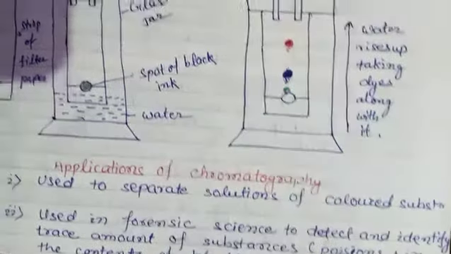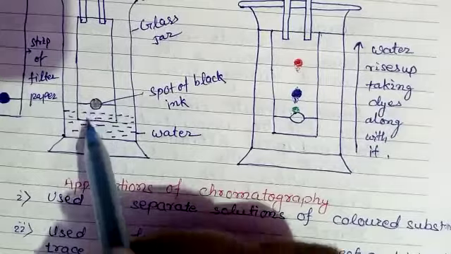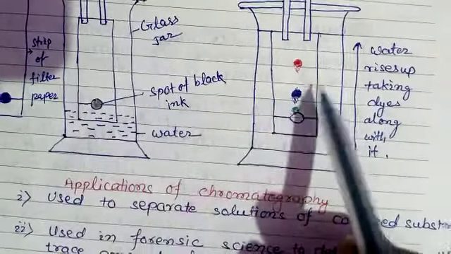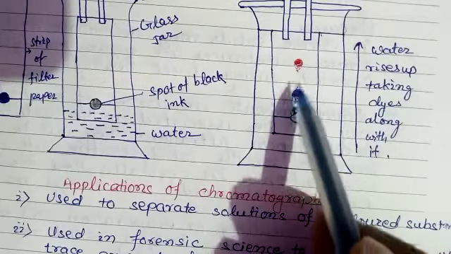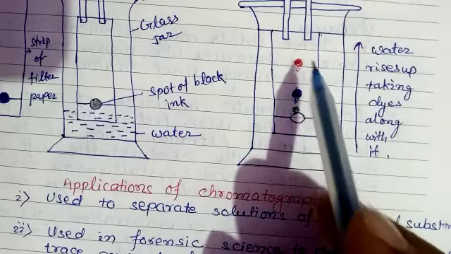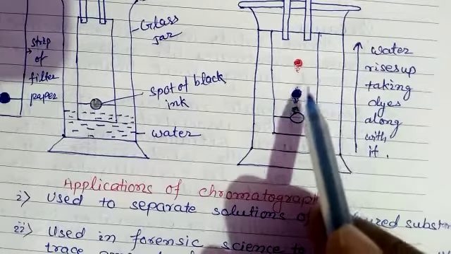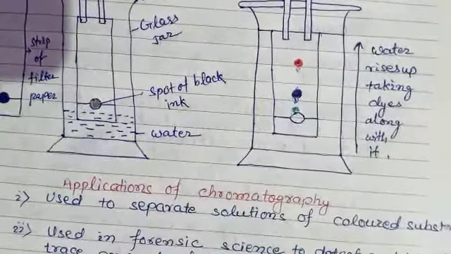In chromatography, the sample of blood is taken and then it is allowed to undergo chromatography, and then whichever substances are present get separated. If anything comes other than the main components of blood, they detect that the death of this person is because of that new substance which is present in the blood.